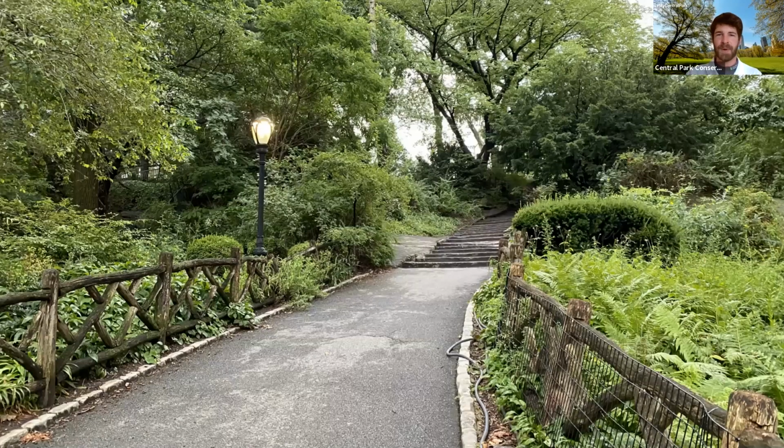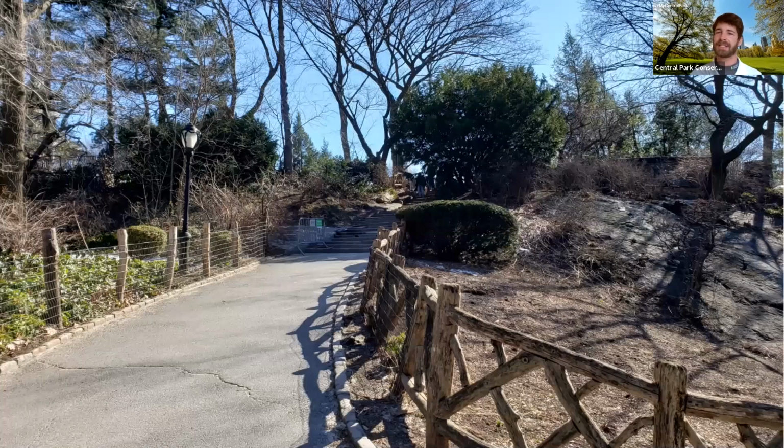As we snap back to present, winter, almost springtime, we're going to see what green plants remain, but of course see a much bare Shakespeare Garden. But that's going to change in the few weeks as we approach spring and start seeing things blooming and budding all over the park. Continuing up the stairs, we'll come to our destination of Belvedere Castle to get a final